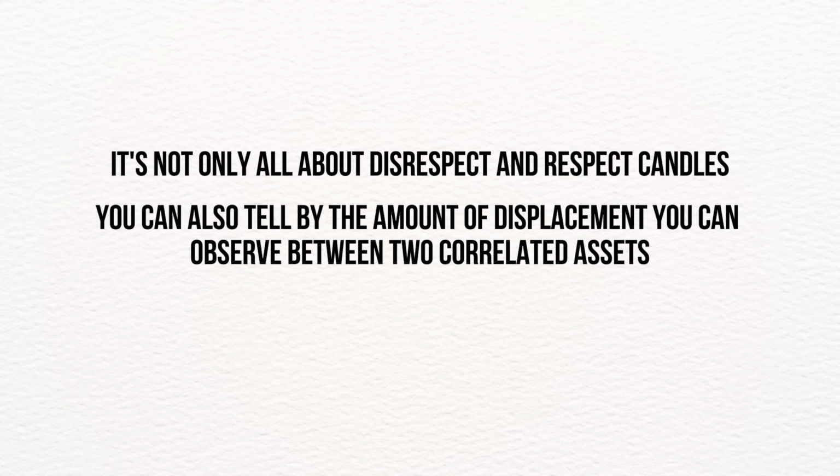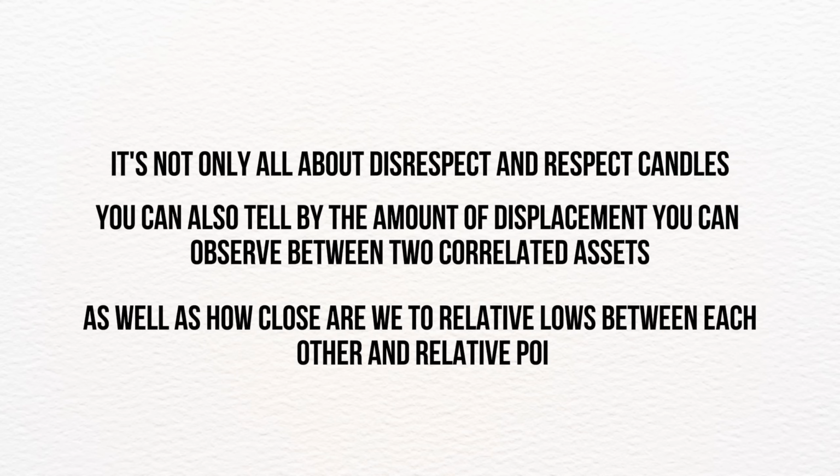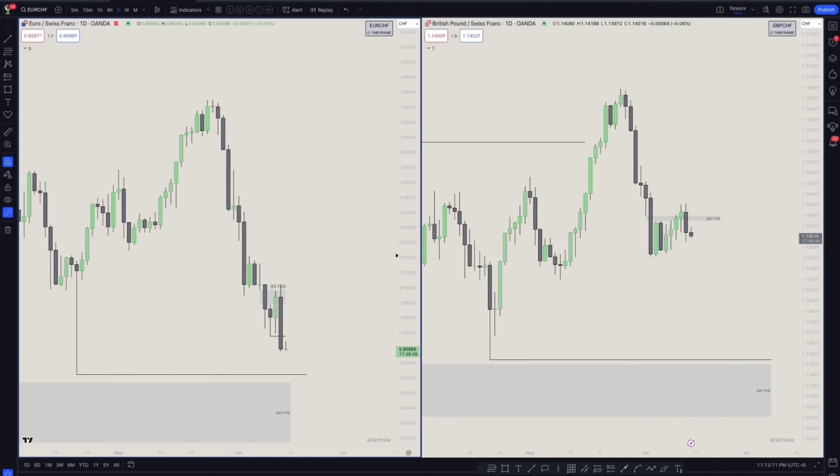You can also tell by the amount of displacement you can observe between two correlated assets, as well as how close are we to relative lows between each other and relative POIs. So what I mean by that is, well, if we look at this displacement all the way down here, we see that these fair value gaps are setting price much lower relative to this low right here. So if we compare where price is right now to this low, we see that this is likely going to hit it first,